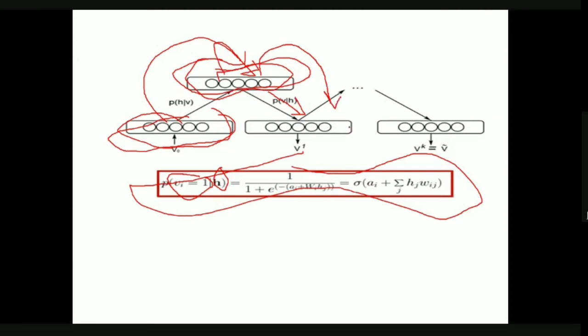So this process is going to continue. From here we got this one, and from here we'll again get the hidden vector values, and from here again the visible unit value. So the process is repeated n number of times, and after each iteration we obtain another input which is reconstructed from the original input value, right? So this is our original input value.